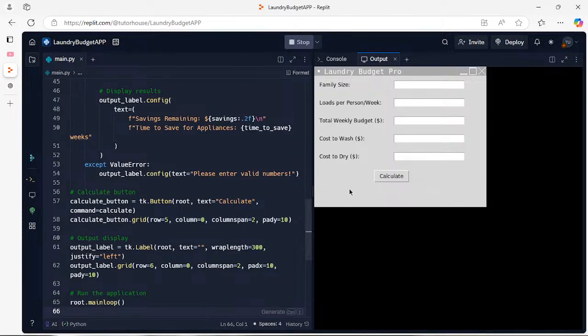So we might have to configure the window to be a little bit bigger. It says the savings remaining was 45.25, which is good, and the time to save the appliances is down there. So the only thing we have to do now is make the window a little bit bigger. Let's see. Oh, okay. So